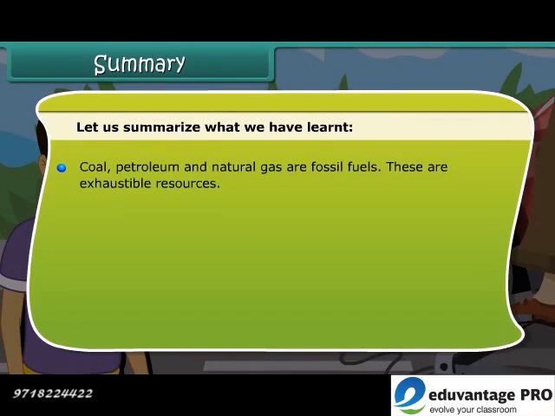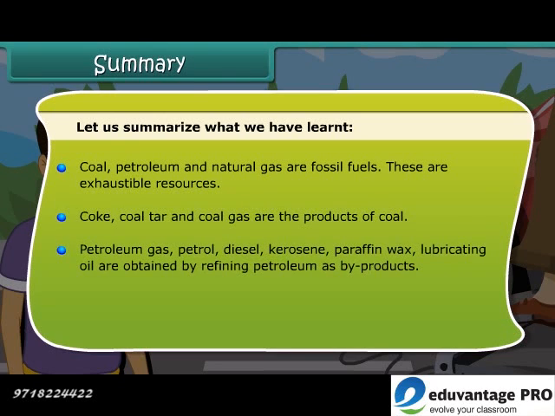Coal, petroleum, and natural gas are known as fossil fuels. These are exhaustible resources. Coke, coal tar, and coal gas are all products of coal. Petroleum gas, petrol, diesel, kerosene, paraffin wax, and lubricating oil are obtained by refining